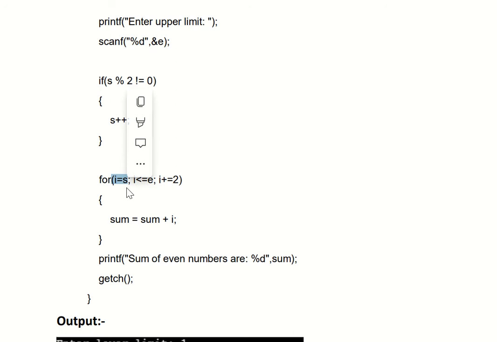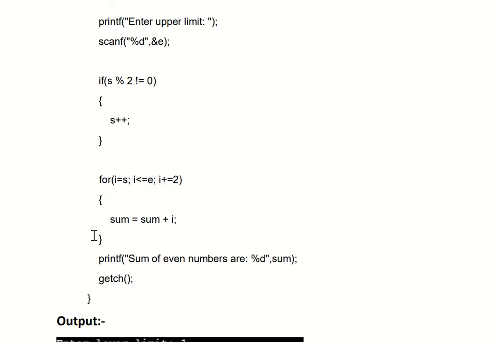So i is also equal to 2. Then i less than or equal to e, which means 2 is less than or equal to our ending limit. For example, if the ending limit is 20, then 2 is less than or equal to 20. So here the condition is true, and it will go inside this for loop.